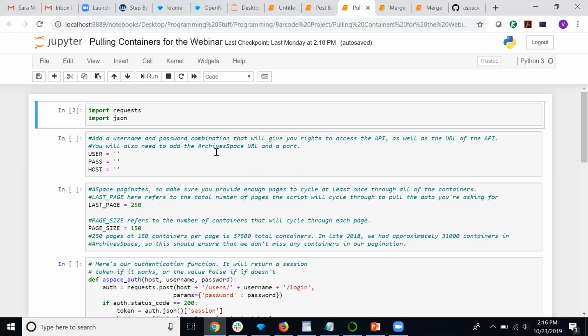And then we're going to go through the process of merging the two lists of barcodes and containers together, and then reposting that back to ArchivesSpace. So that is the steps here. So the first thing to note is with these cells,